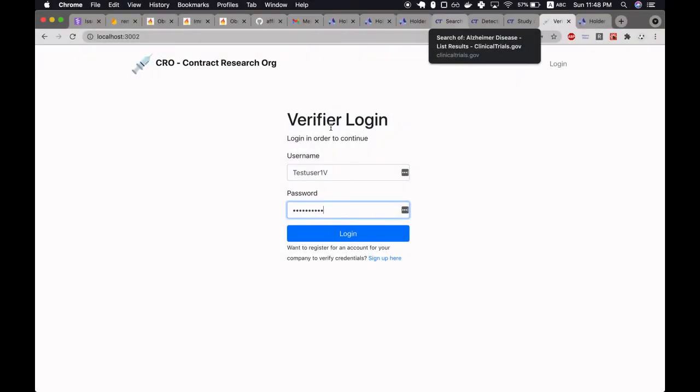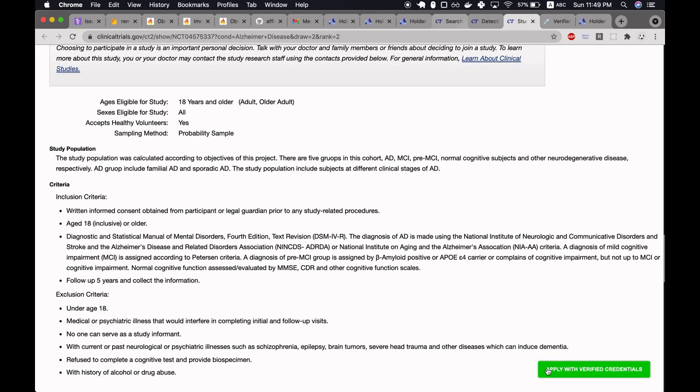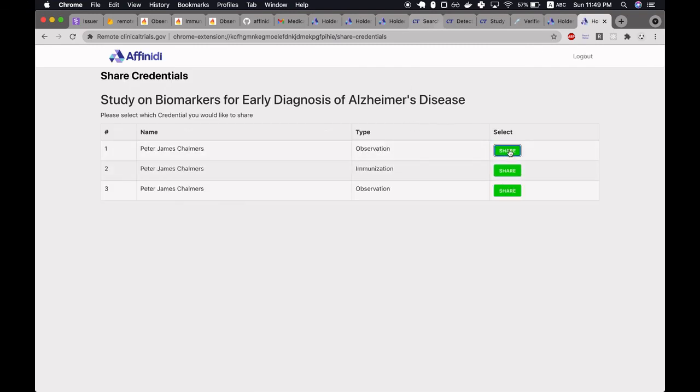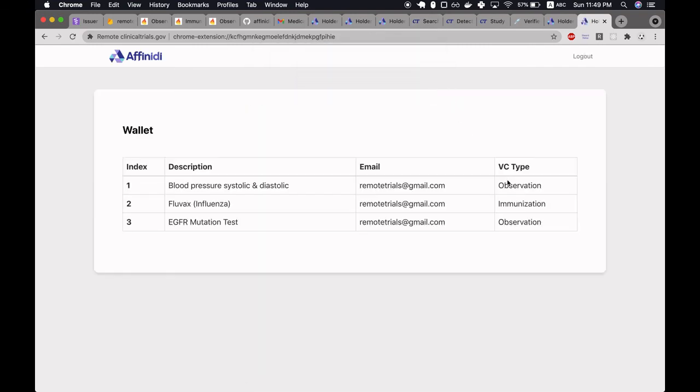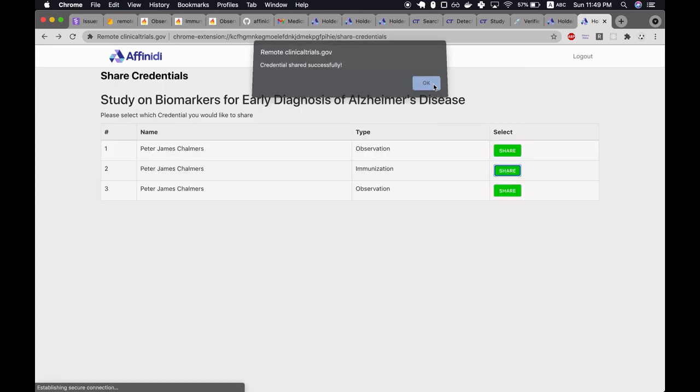Alright, so as a verifier, I would have to log into the dashboard to see if there are any new participants for my clinical trial. So I log in, and as a participant, I would have to share my credentials with the research study. Let me share 2,